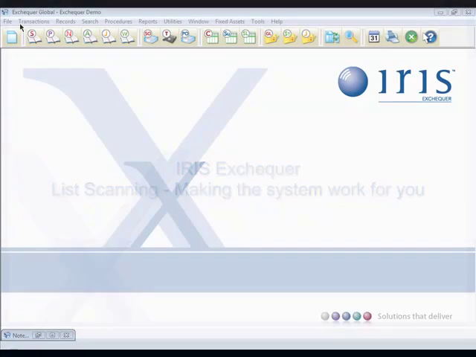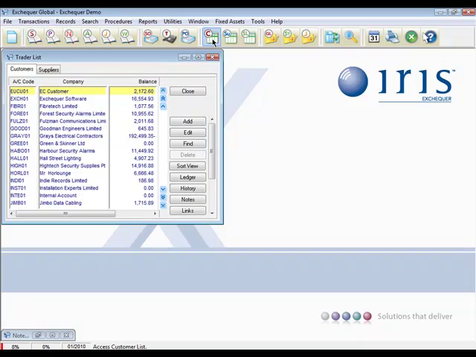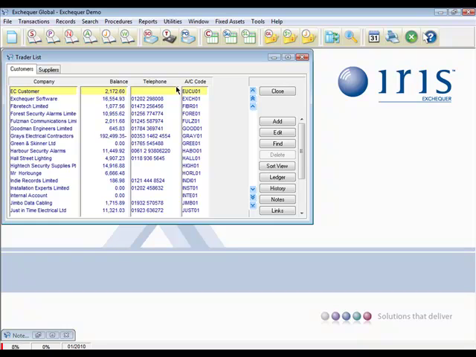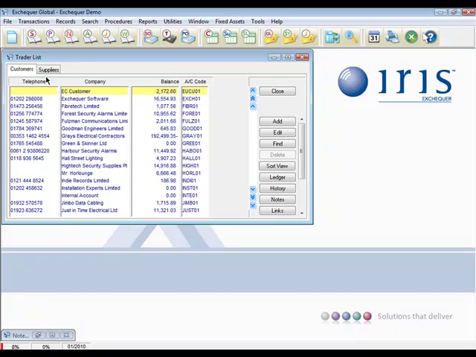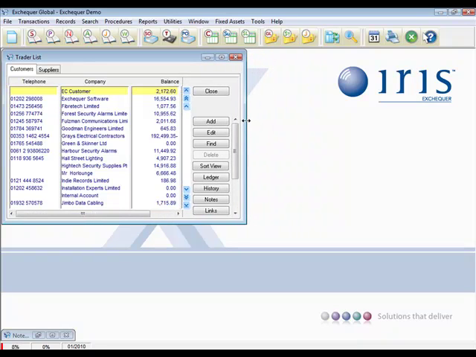List scanning is something that's available throughout the Exchequer product, but for this particular example I'm going to take on the role of a credit controller. The first thing I'm going to do is make the trader list work for me by repositioning some of the columns by click and drag. And what I can do is just click on the side of the dialog and reposition it and resize it